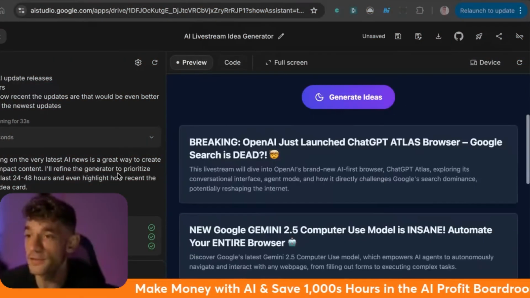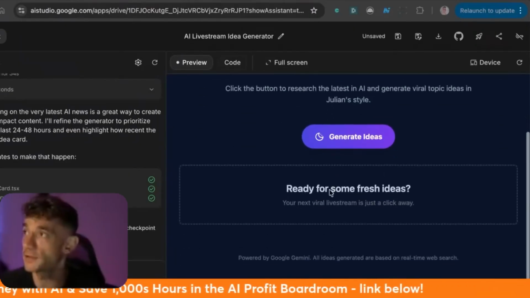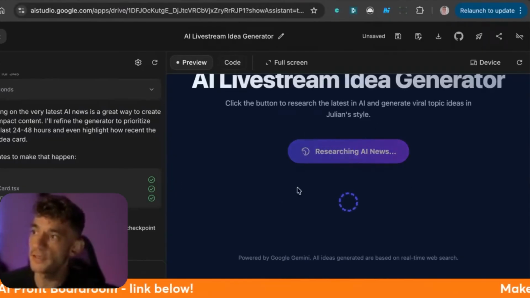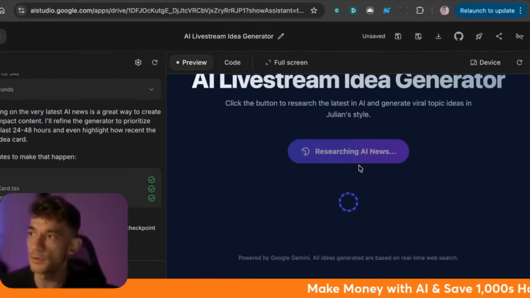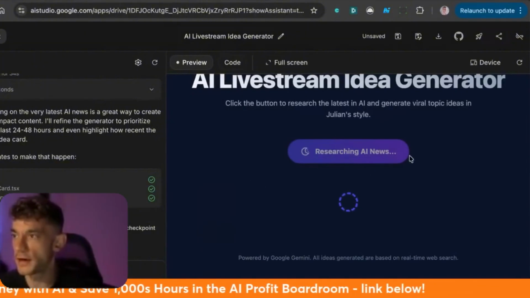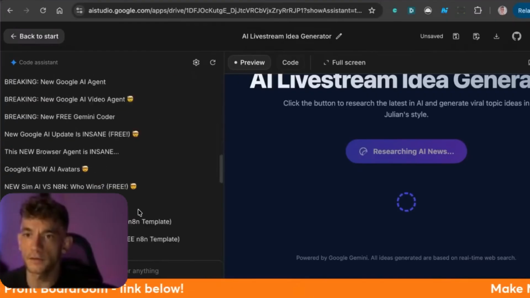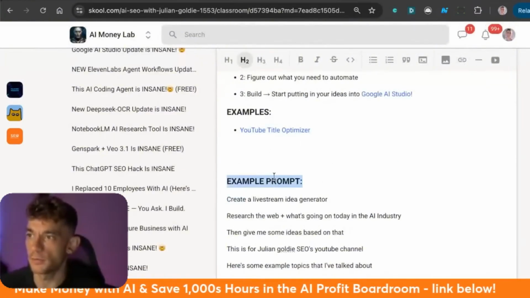It does save a lot of time. Otherwise, it'd be so annoying to type that out manually or edit it manually, and that sort of thing. And we're now going to test this out. I also like the fact that I don't have to type anything. I can just click a button, boom, one click, boom, idea generator, right? I really like that. So we're going to wait for that to go now. By the way, if you want the example prompt for this, I'll put it inside the AI Money Lab notes as well. All right, so you've got the notes right there, the example prompt notes.